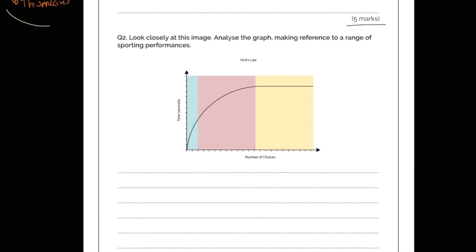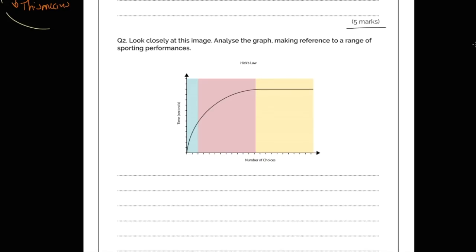Secondly, we've got a 6 mark question here. We've got: look closely at this image. Thank you, I will. Analyze. Let me remind you what analyze means. It means to break down and explain something. Now we're going to analyse the graph, making reference to the range of sporting performances. So obviously we're going to break it down into 3 parts: 1, 2, 3. That's how we're going to break this down